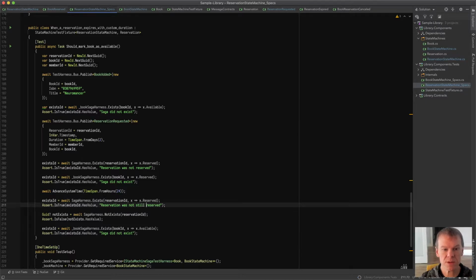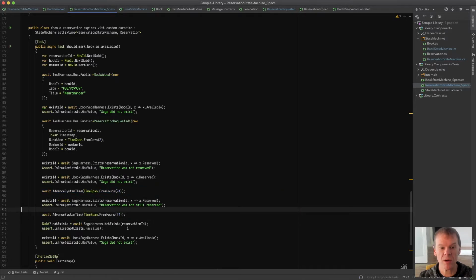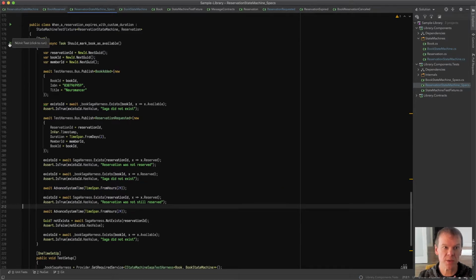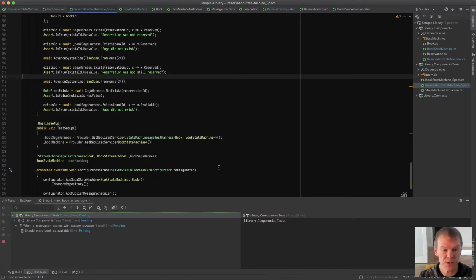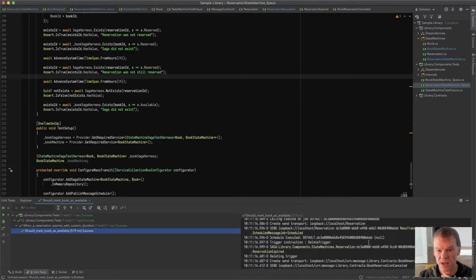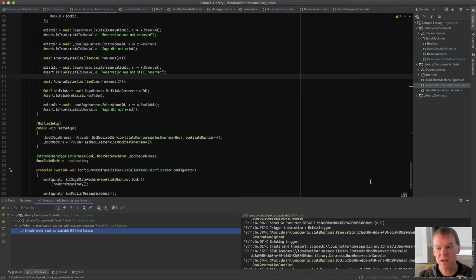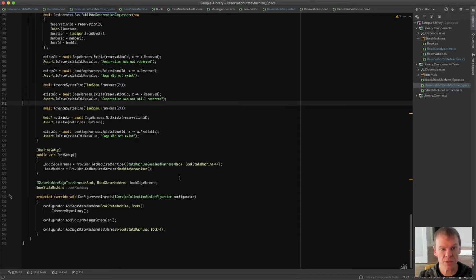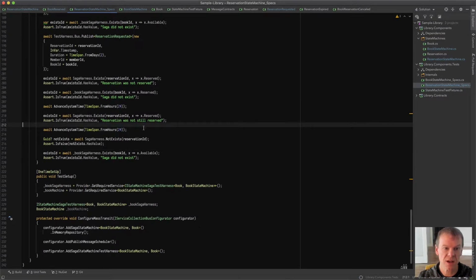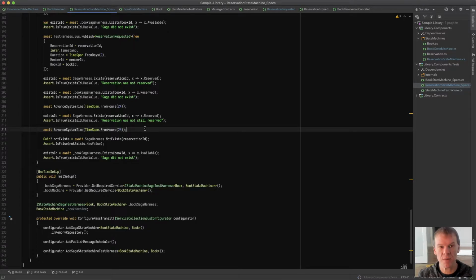We'll just say it was not still reserved. And then we'll advance the time another 24 hours, which should then cancel the reservation, because we said for 2 days, and 24 hours times 2 is 2 days. So this test will take a little bit of time, but we'll see that we checked it. It was still there after a day, and then it was still there, and then it was gone after 2 days. And so that gives us that test, and we're able to verify that the duration actually lasted longer than